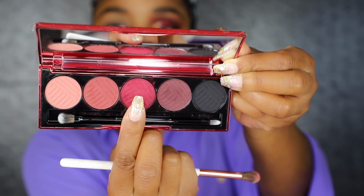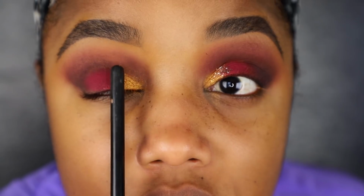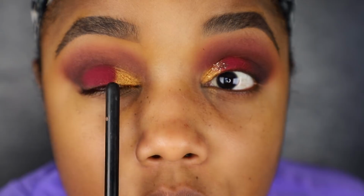And then this is where I attempted to put this Berry Pop matte shade in the middle. And I wanted them to be friends. But the two different textures did not want to merge. Right here in the transition, it's dark, where the shadow came off, like the gold and the purple. The matte shadow is trying to pick up the cream shadow. And then when you go over the matte shadow with cream shadow, it tries to pick up the matte. So basically, after trying to get them to like each other and it didn't work,